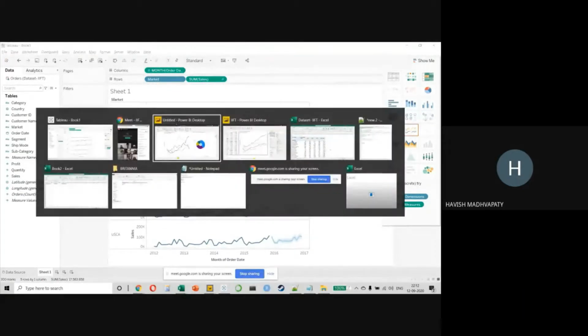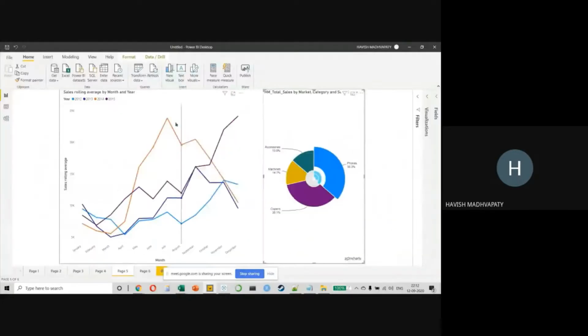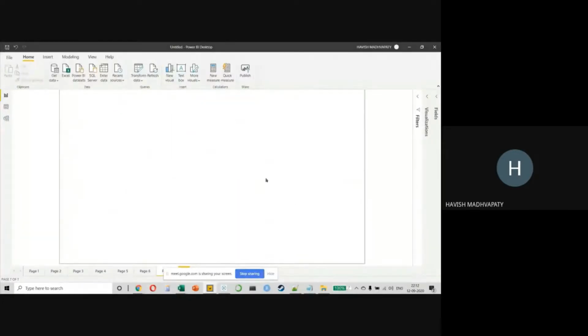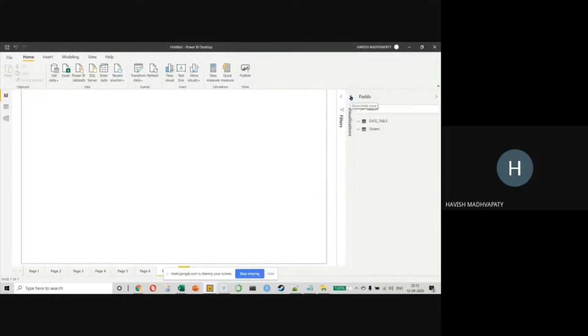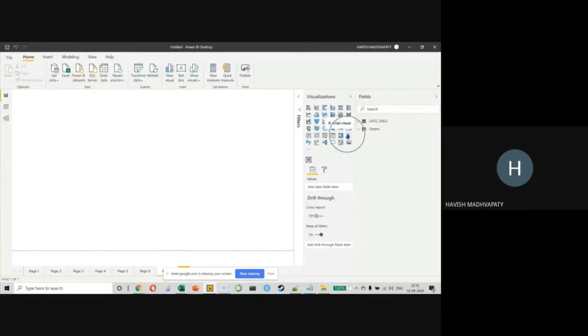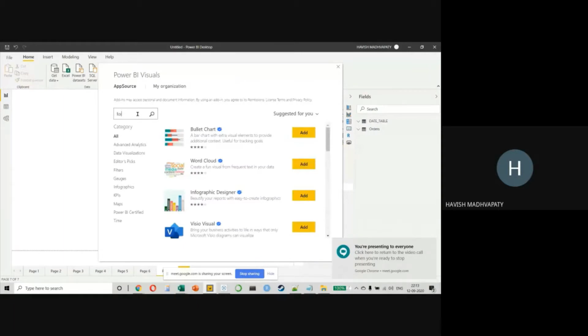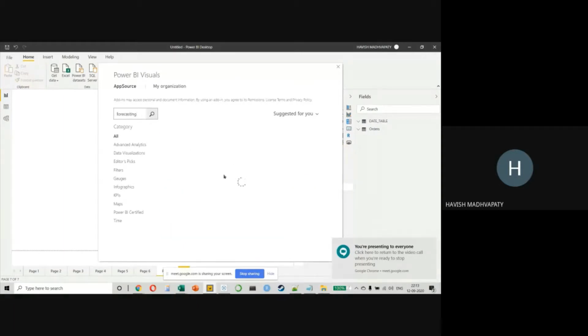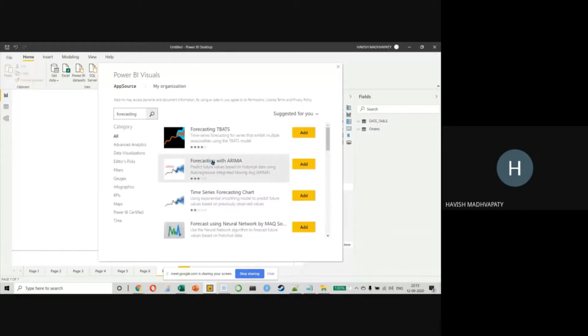Like in Power BI, the best part is that if you want to create something, you can use R. Like both R and Python are integrated within Power BI. If you notice, R and Python are a part of Power BI, which is cool, right? So I can actually use, let's say, an ARIMA model. So I can just go to get more visuals. I can type forecasting. Okay, so I can just say forecasting. And then you have these ARIMA models available. So I can just select this.